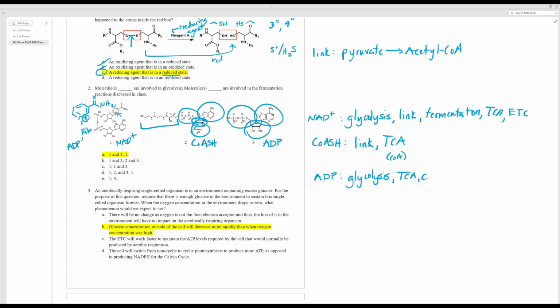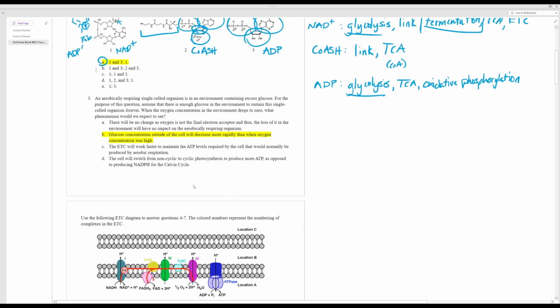I'll say oxidative phosphorylation, because that is the most specific term we can use. Okay, so we are just talking about glycolysis and fermentation. So NAD plus and ADP are involved in glycolysis, so that means we should have 1 and 3. And then fermentation, we just see NAD plus. Okay, so that gives us answer choice A. Question 3, anaerobically respiring. Very quick note,